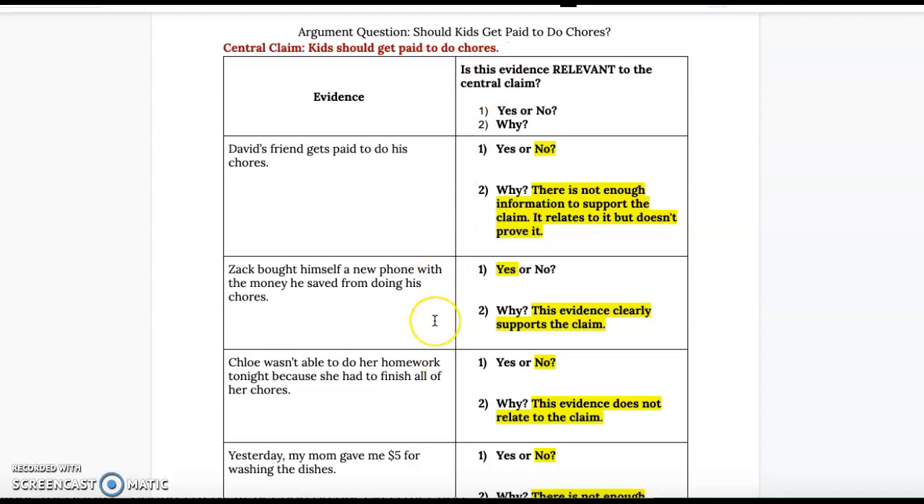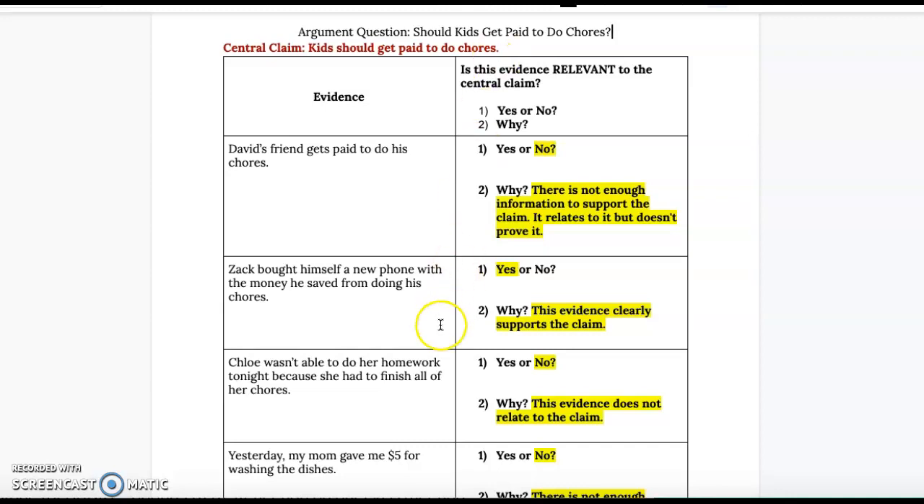Zach bought himself a new phone with the money he saved from doing his chores. Oh, okay. So this one is definitely relevant because not only is it saying that he gets paid to do chores, but it's also giving a reason. He saved his money and he got a new phone. So yes, that is definitely a piece of evidence that is relevant, and it could be used in writing to